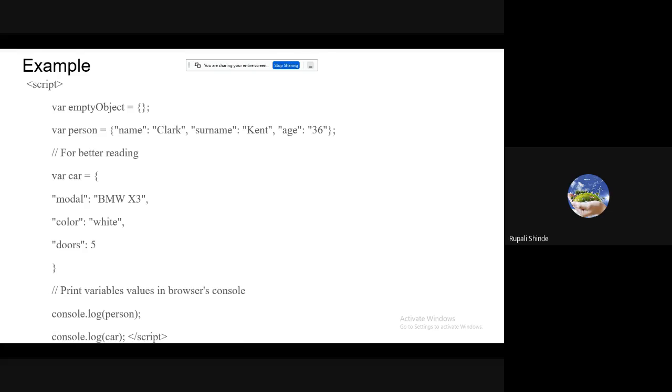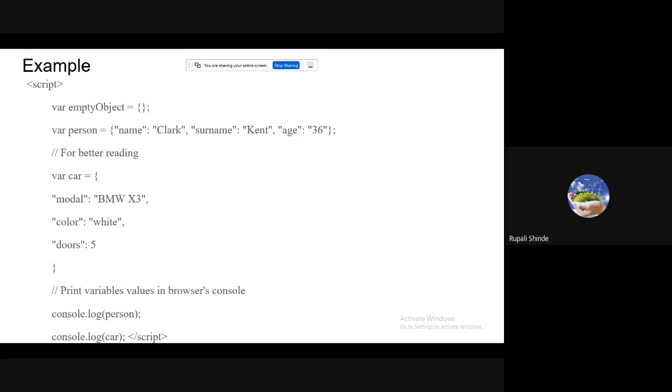Then the name of your object is equal to whatever key value pairs you want to write, which should be inside opening and closing curly brackets. Every key and value should be separated by a colon, and each and every pair should be separated by a comma. This is the syntax to create an object in JavaScript.